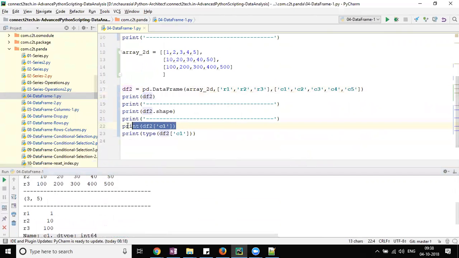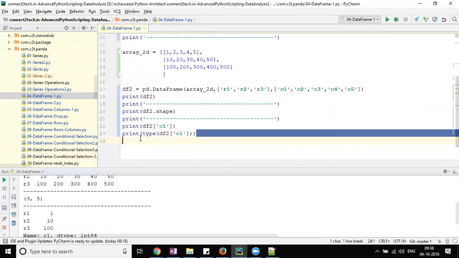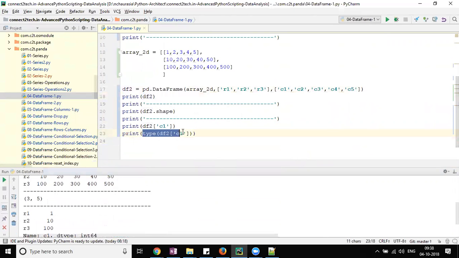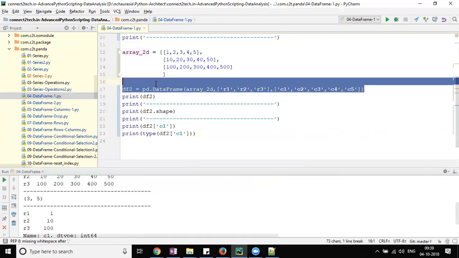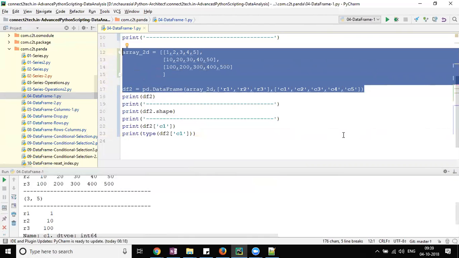This is how you access it column by column, and then this is just to verify that the type of that particular column, or the entire column, is nothing but a Pandas series. So please try this program. I'll ping this much piece of code to you, and the rest you have to play around with. Okay,